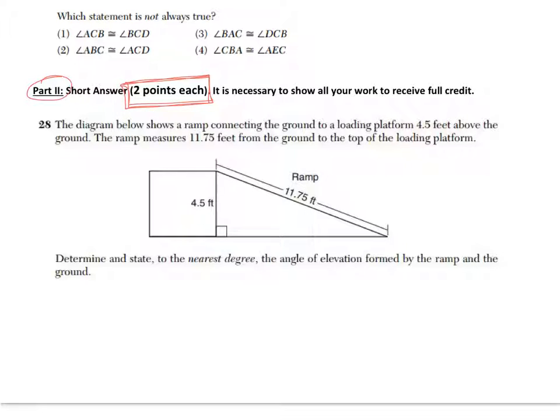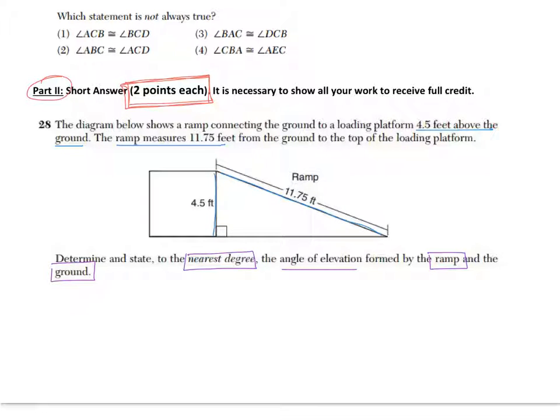So this question says here, the diagram below shows a ramp connecting the ground to a loading platform 4.5 feet above the ground, and they labeled that for us here. The ramp measures 11.75 feet from the ground to the top of the loading platform. So this ramp that they laid down is 11.75 feet. Determine and state to the nearest degree, so there's our rounding directions,